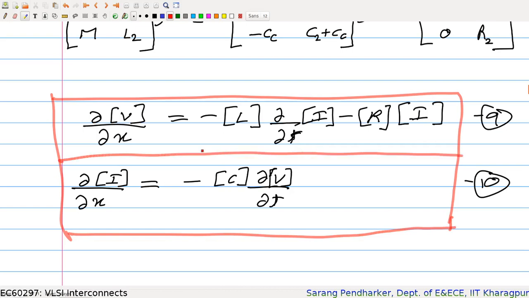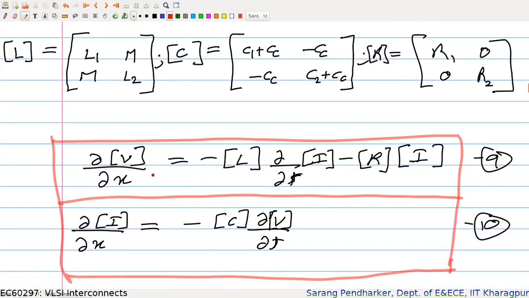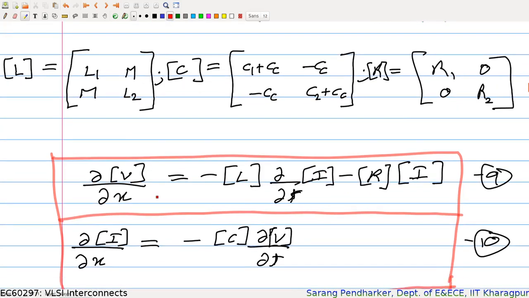These are the space derivative of voltage and the space derivative of current. Now even if there are say 10 interconnects which are coupled, I can handle all of them by defining appropriate matrices of appropriate order, and I can represent them by the same set of equations. So my equations don't change, only the size of my matrices and the column vectors.